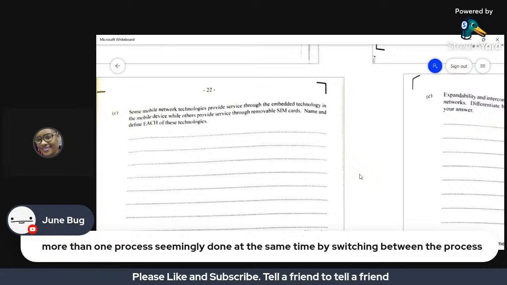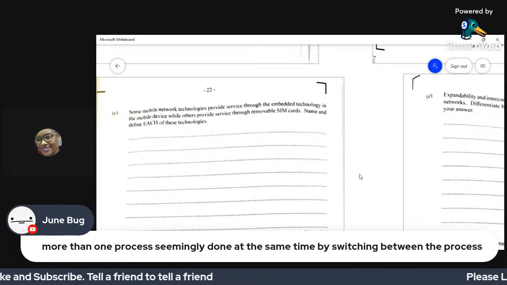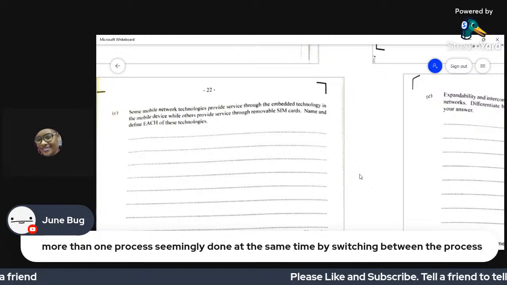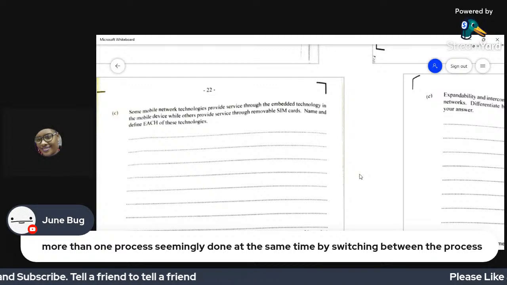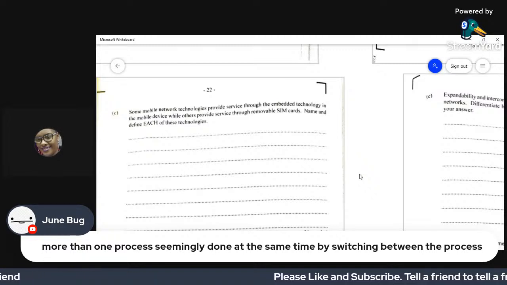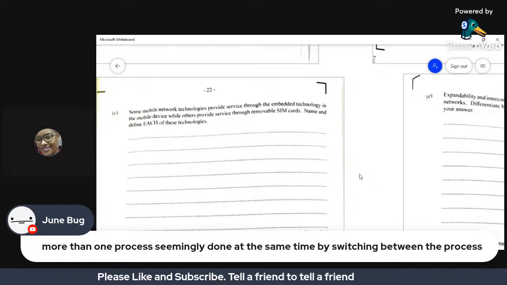And as it says in it, it is where the mobile device is embedded with the necessary technology, which is provided through the telecommunications provider. In our case, Digicel or Flow, right? So that's one.